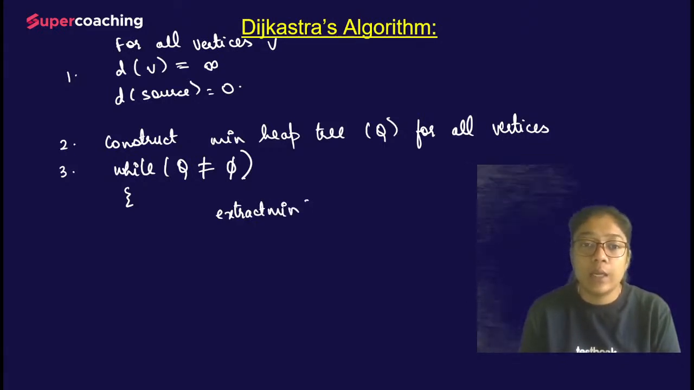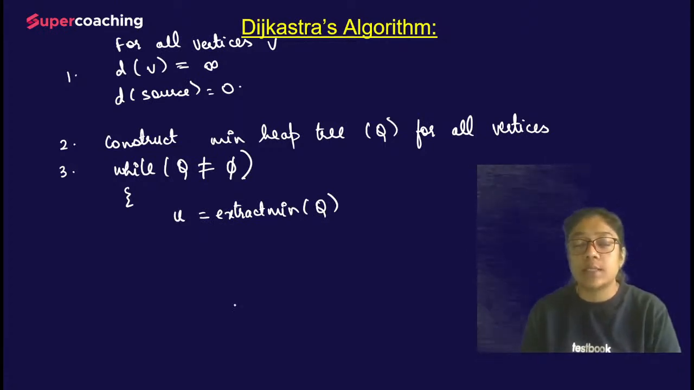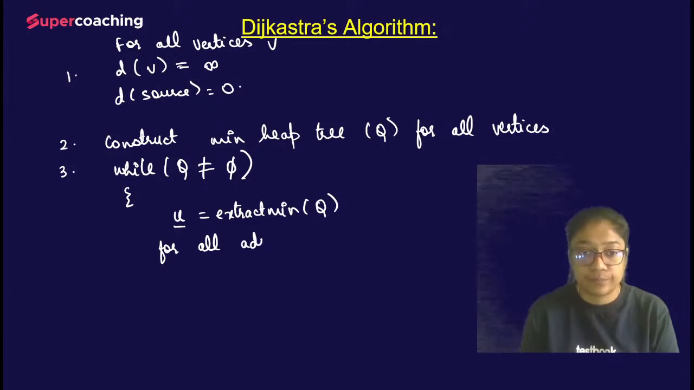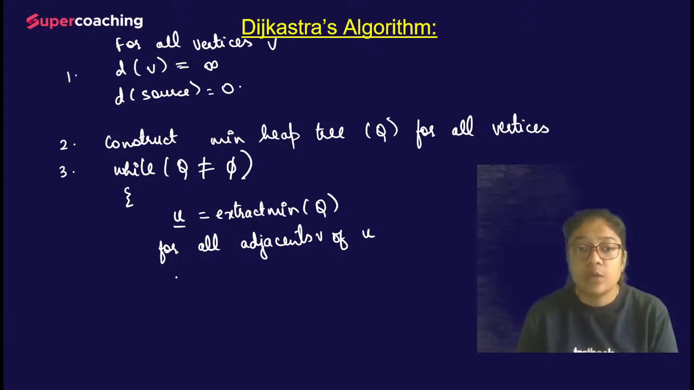From where? From the heap tree. Whichever vertex is deleted, I'm calling this as U. Now we'll be looking for the adjacents of U, for all adjacents, let's say V. For all adjacents of U, we have to find out the shortest path, right? So what are we doing here? Extract min. We are looking for distance from